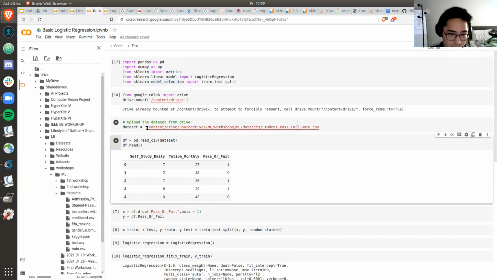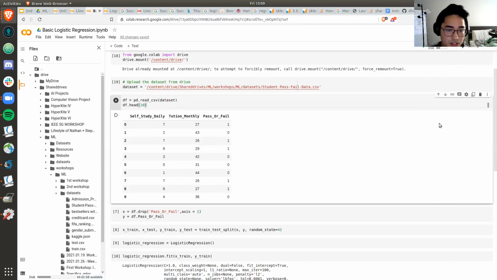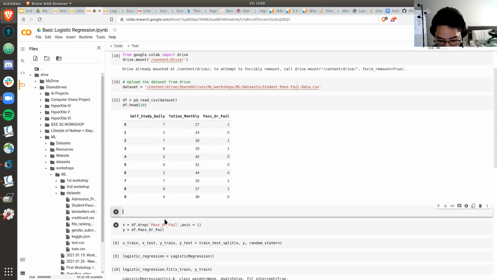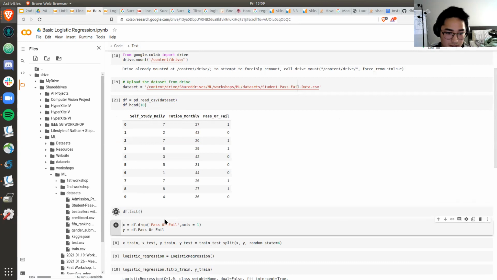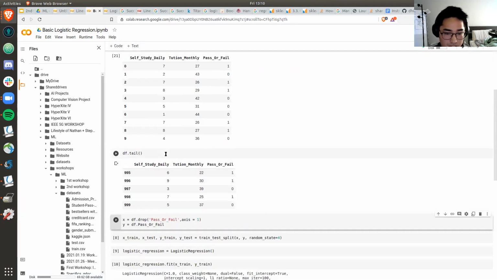If I run this code cell, it'll print the first 5 points. If I want the first 10 points, I'll just run the first 10. Another thing you could do, if you want to read the tail, the last 5 points of your data set, is just do df.tail, and it'll read the last 5 data points.